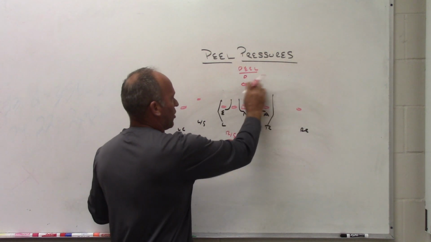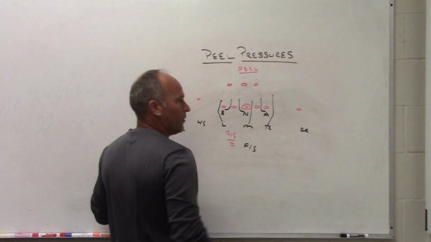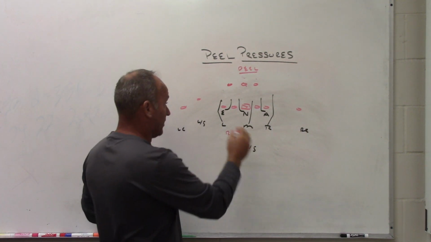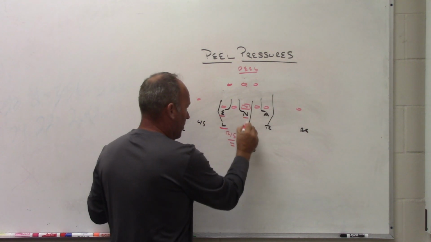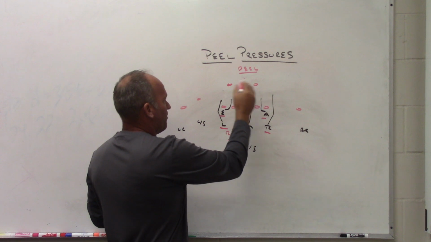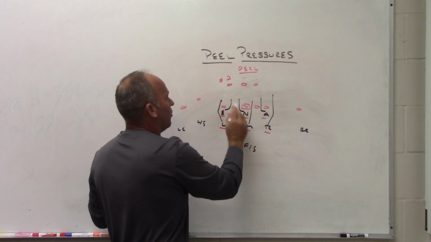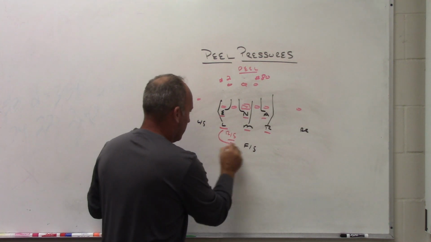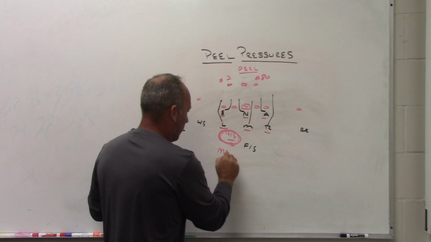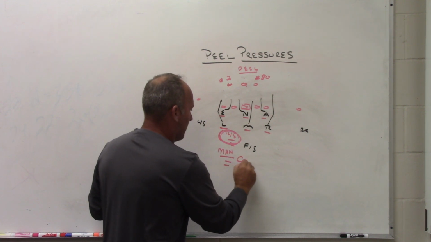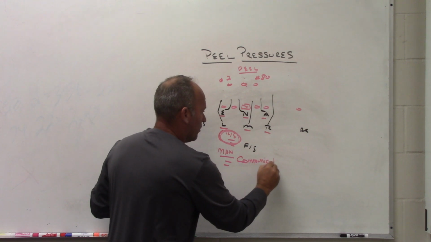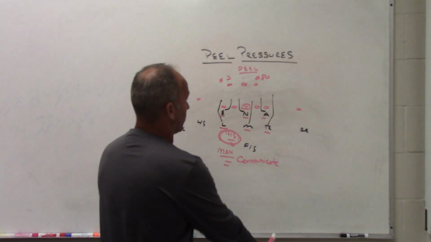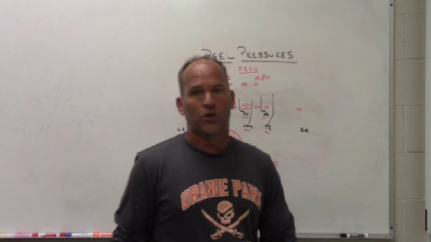Now, the bigger question you would have is, what do you do if they go split back? If they go split back, you'd better communicate who you're peeling, so that all the guys up front, all six of them, know, hey, we're going to peel number two, or hey, we're going to peel number 80, whatever. They'd better know, between the six peelers and that extra man player, who we're covering and who we're peeling in a two-back scenario, because you can get yourself in a little bit of trouble there. All right, so as long as you keep it simple,